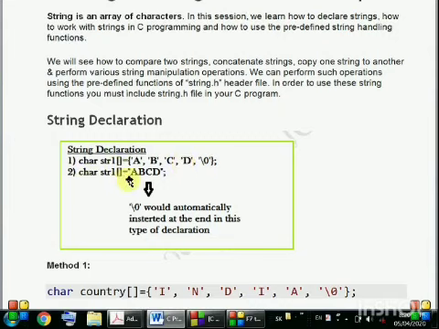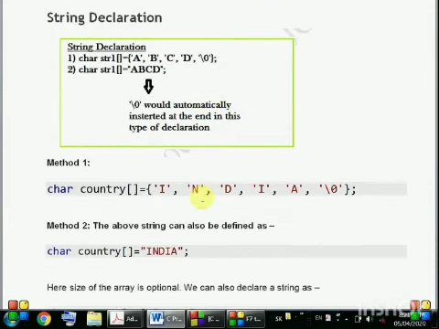In the second method, we can assign the string value by putting double quotes around the string. The \0 is automatically inserted at the end of this type of declaration. So in method 1, for example, here I have written data type char, name of the string is country, then brackets, and then the individual characters I, N, D, I, A, and then \0.